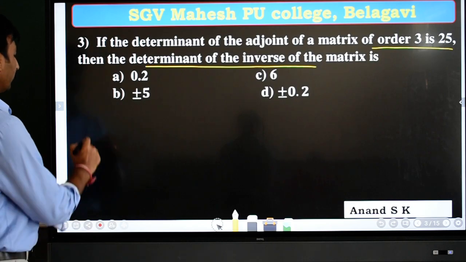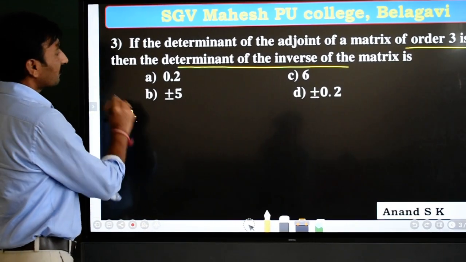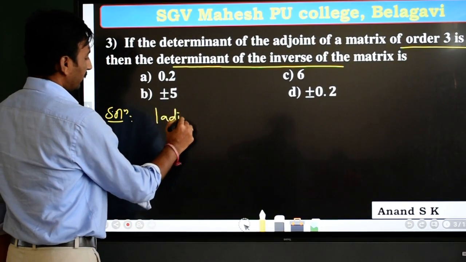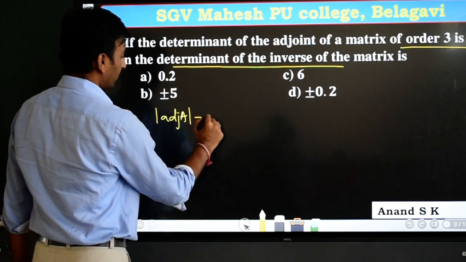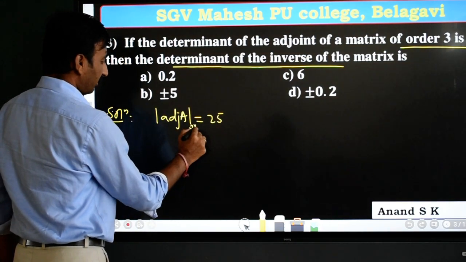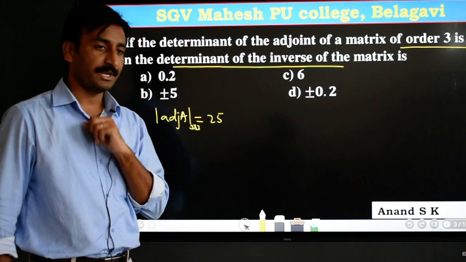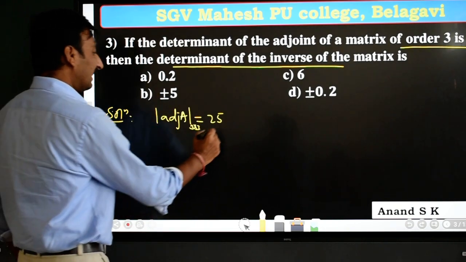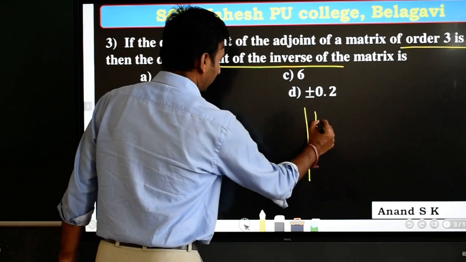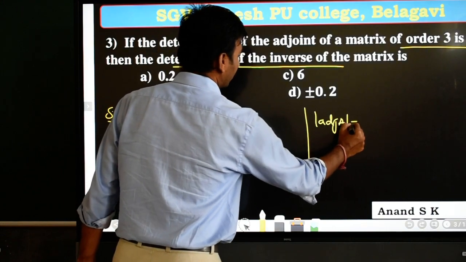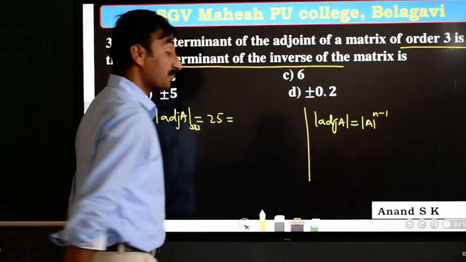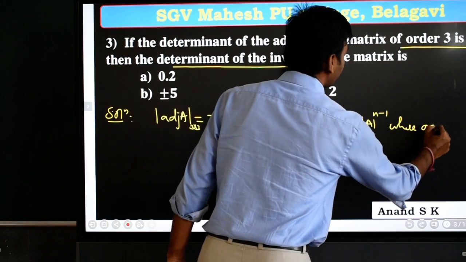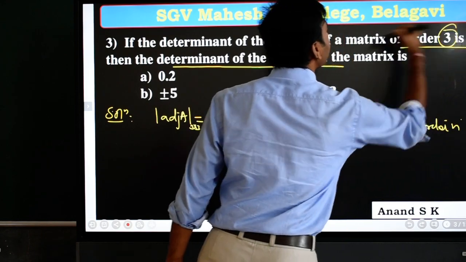They are asking. Look at this. What they have given for us is the determinant of adjoint of the matrix, which is given as 25. More precisely, you must remember that it is of order 3 cross 3. So adjoint of A is 3 cross 3, which is 25. It clearly tells us that, first you remember the formula, determinant of adjoint of A is always determinant of A raised to n minus 1, where the order is n. Look at this, our order is 3 here.